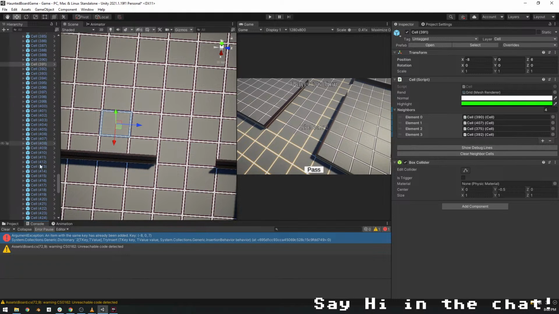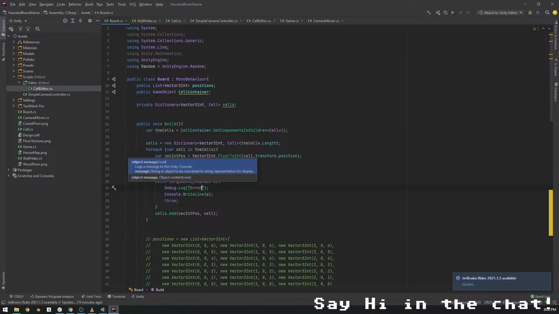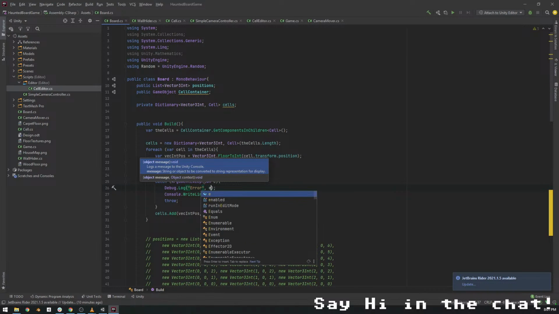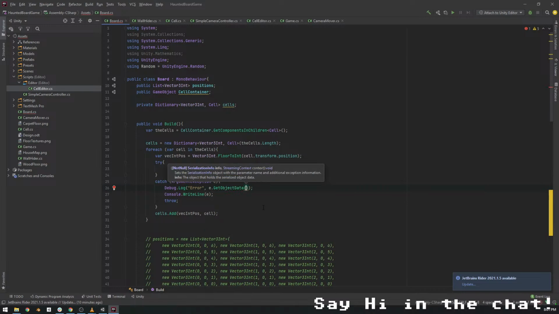You can also get links to game objects in the scene. And I think we can do it through a Debug.Log, and then error. I think it's E something. There's got to be a get object data, maybe? Object data, nope. So we want to get the game